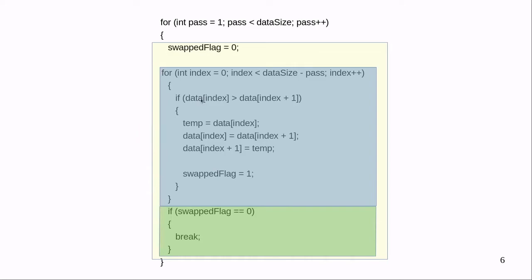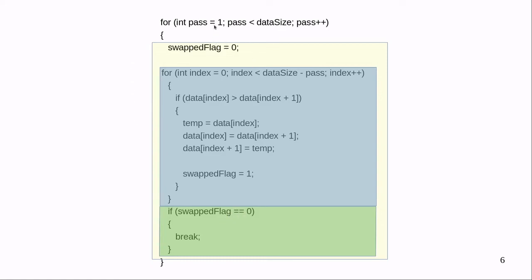This for loop will move from one end to the other. For a pass we'll have a specified right limit, so from one end to that limit, this comparison will keep on running. At the end of one pass we check: is the swapped flag 0? If the swapped flag is 0, we will move out of these comparisons and move to the third phase. If it's not equal to 0, we'll go back.